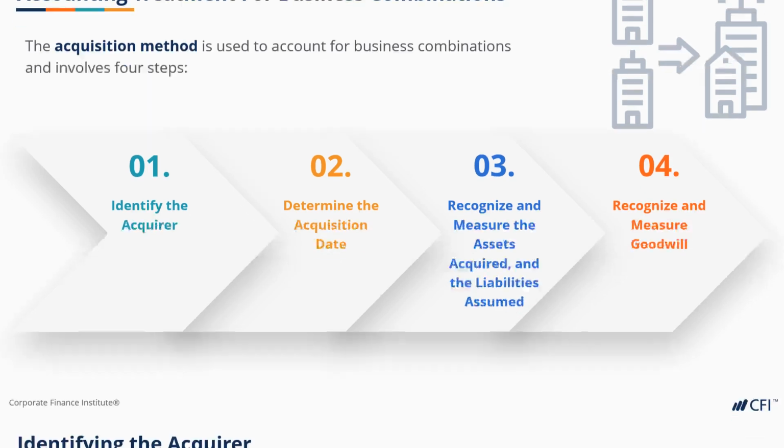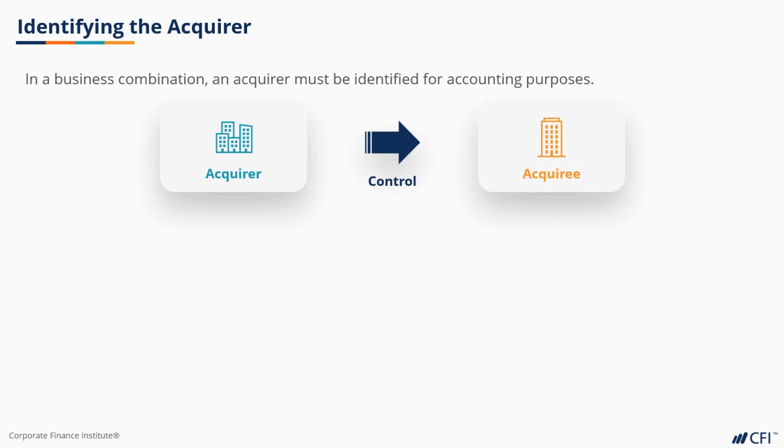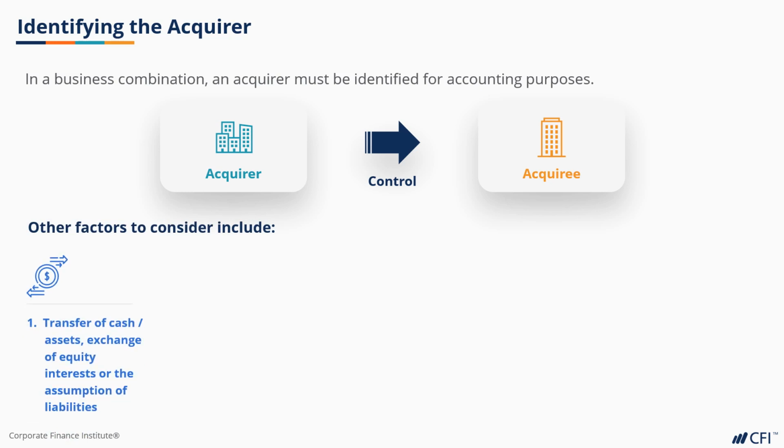The acquirer is the entity that obtains control of the acquiree. In general, it is the party that directly or indirectly holds greater than 50% of the voting shares that has control. If the acquirer cannot be readily determined, other factors to consider include which party is transferring assets or equity